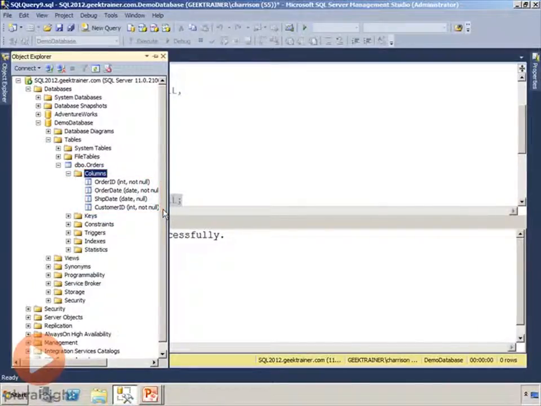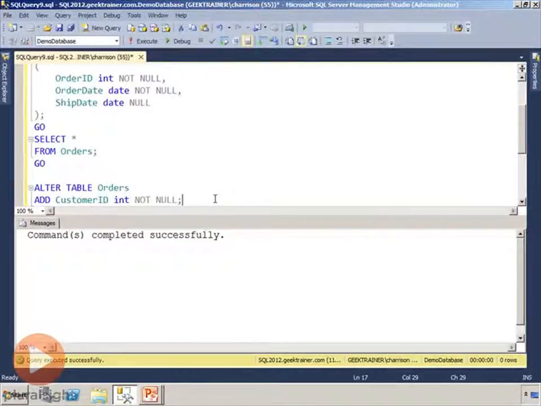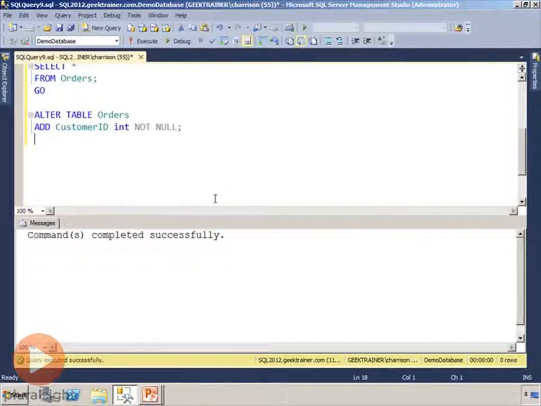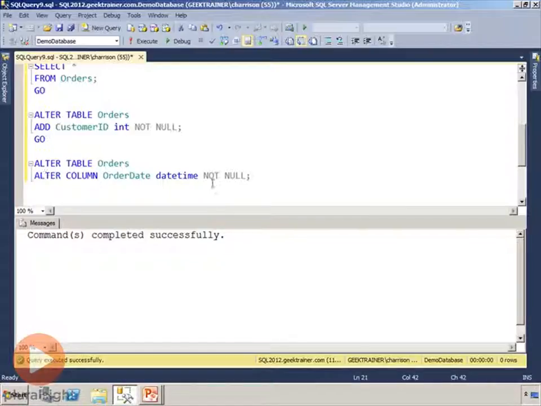If I decided that I wanted to modify the order date to include a date time, then I could say ALTER TABLE orders, ALTER COLUMN order date, and then specify the new data type. So let's say datetime, and we'll go with NOT NULL. And what I'm going to do is just highlight that,